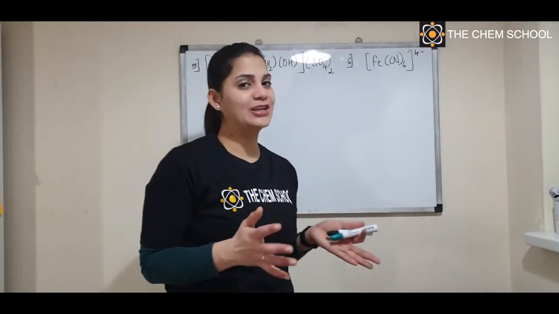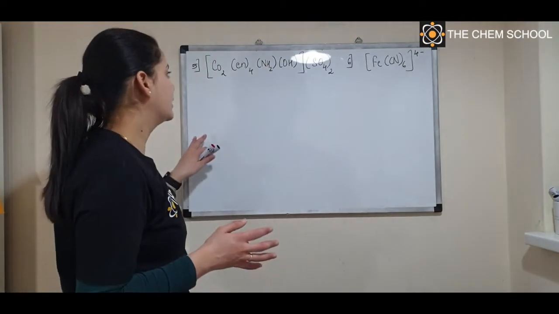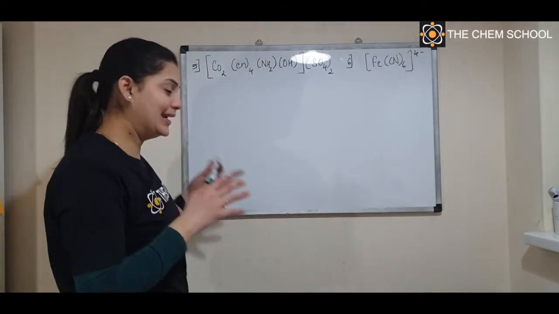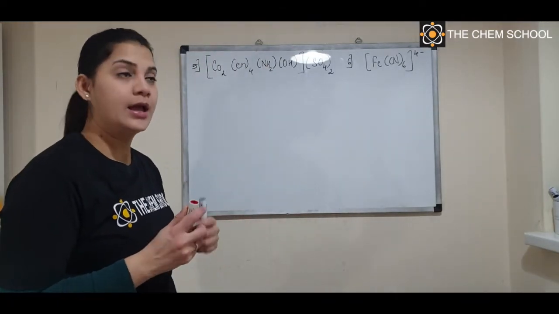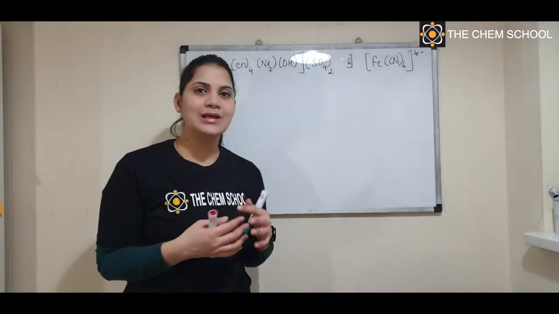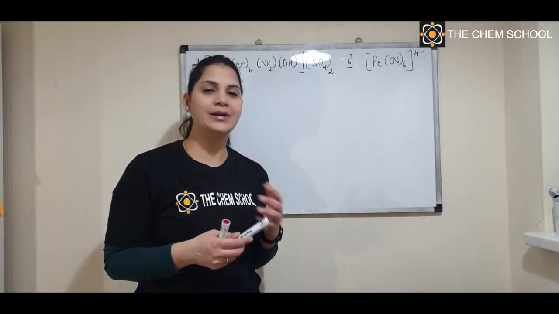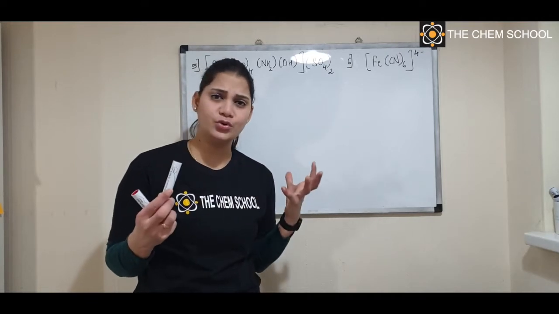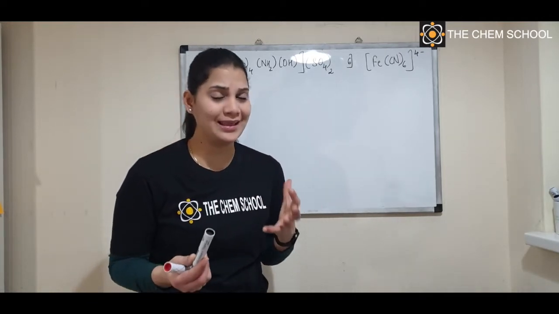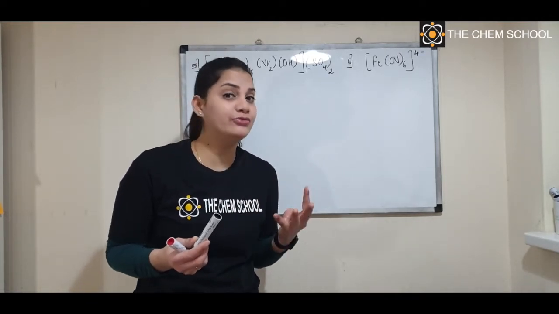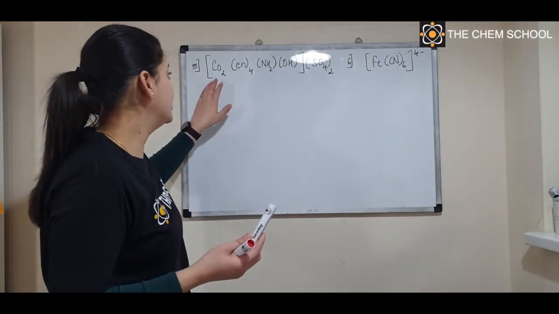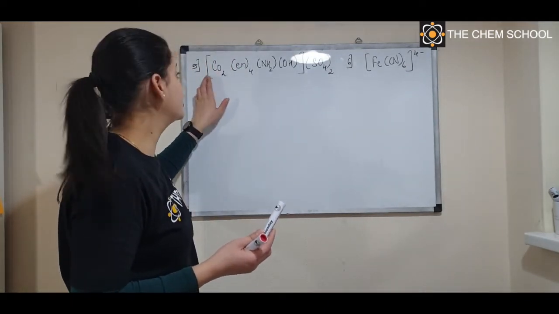Let's talk about the last two examples and look at this complex first and decide which is your central metal atom. See, now there is a misconception that you will have only one central metal atom, but it is not so. If you have a complex, you can have more than one central metal atom, like you can have 2, you can have 4, okay? So in this case, if you see, you have cobalt. After the